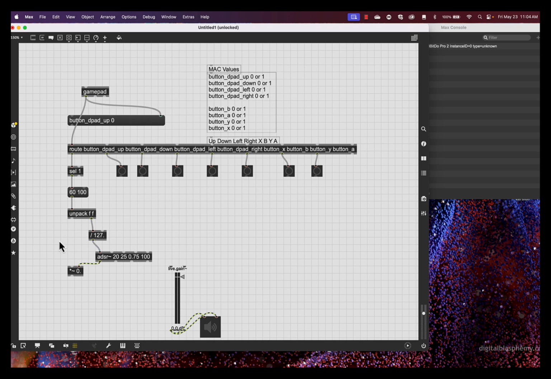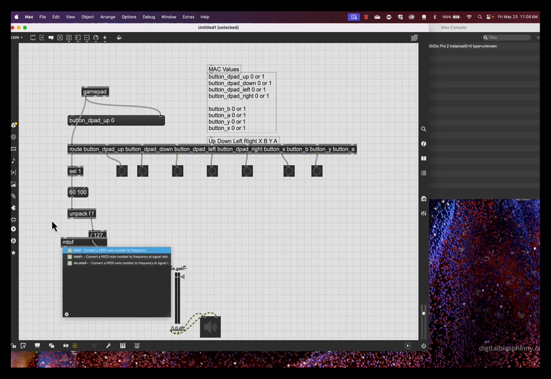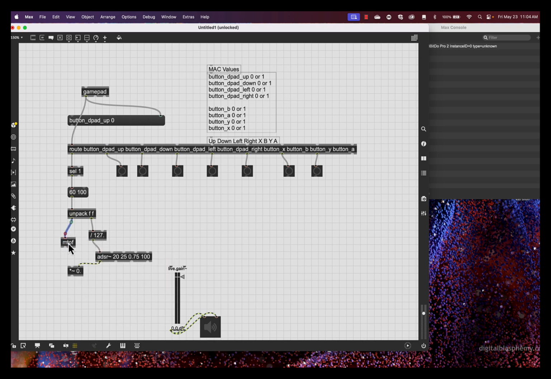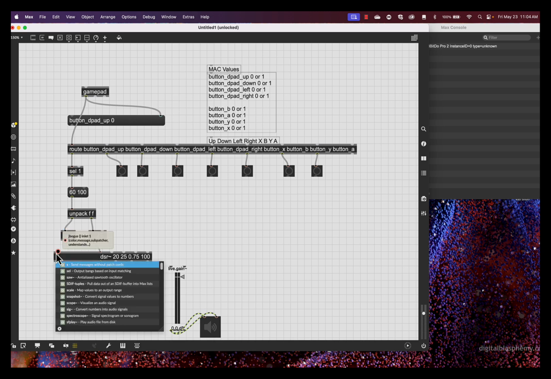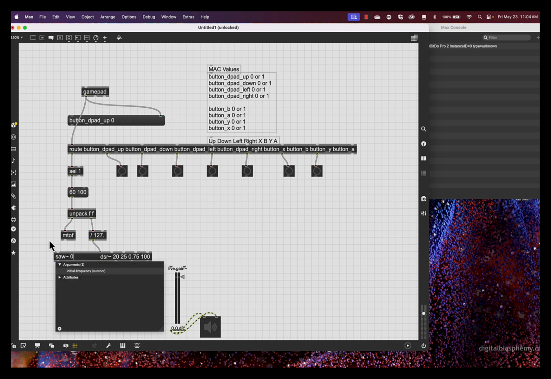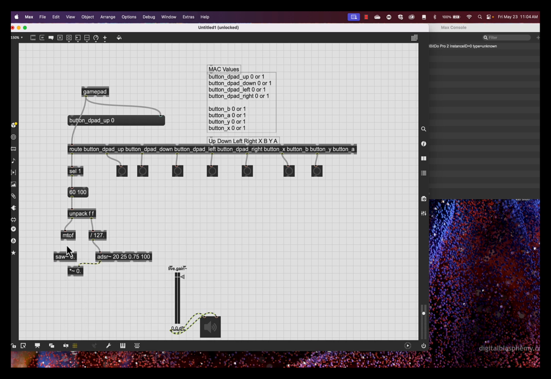So I need to convert MIDI into frequency, so I'm going to use mtof. Connect that up, and then we need some sort of oscillator. I'm kind of feeling in the mood for a sawtooth, so I'm going to use saw. I'm going to initialize that with an argument of 0 for the frequency. And at this point,